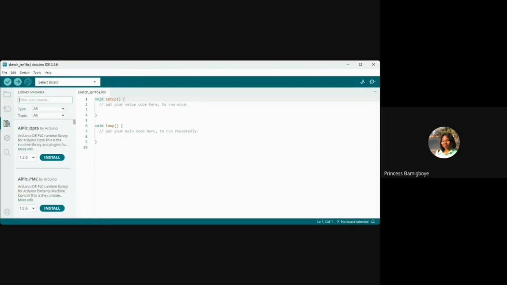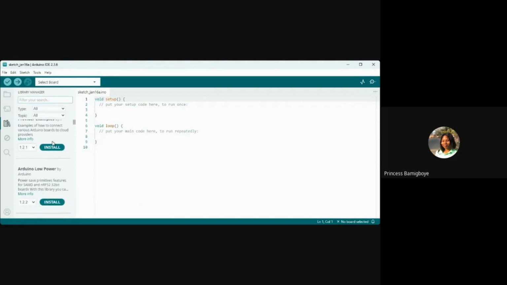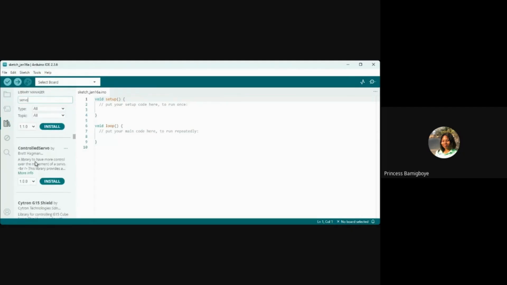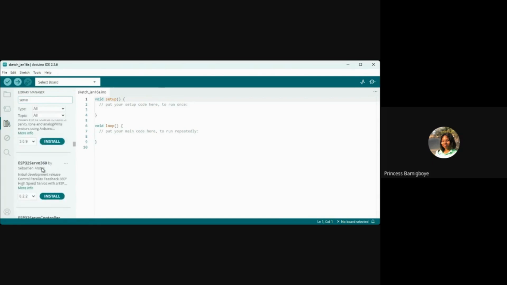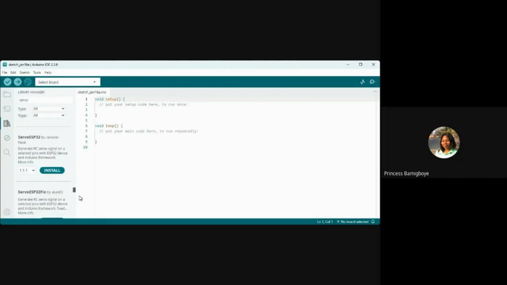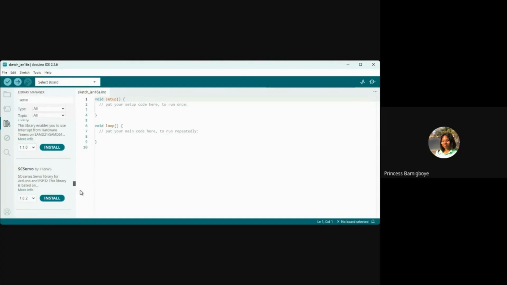An example I always use is the servo, because after LED blink, one of the next few things you're going to learn is servo. So these are different libraries. You can search for any of them. There's a servo library. There is brushless; you can see the brushless servo library here. You can see DIYables, different things. But now I want to look for the servo library. So I'll just scroll down because this thing doesn't seem to be working. I have found the servo library, I believe.